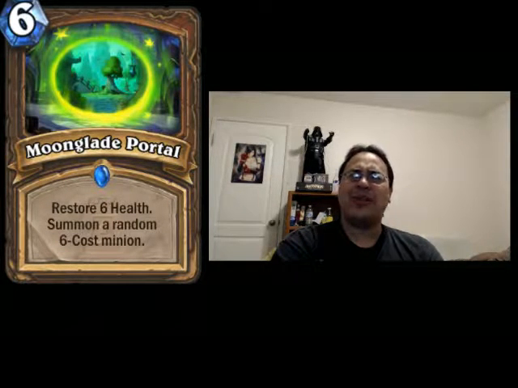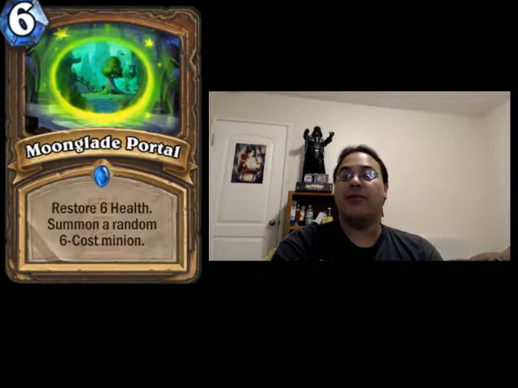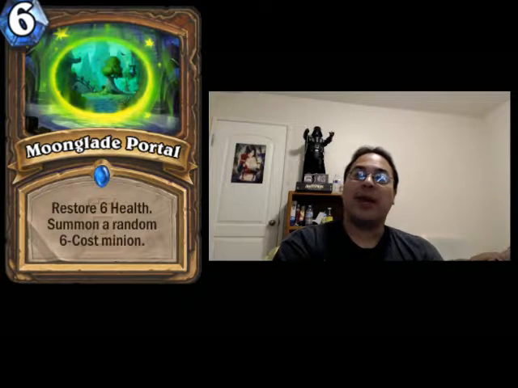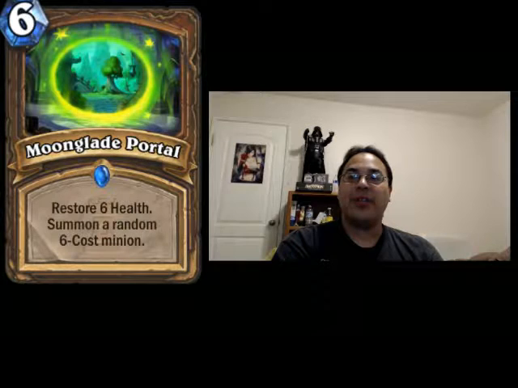There's not a whole lot of 6-drop spots. I think this could find a spot in Cthulhu Druid. I think this could find a spot in Ramp Druid. This could definitely find a spot in Beast Druid. Even just as one of, it's nice to have 6 health come back. So I definitely see this card